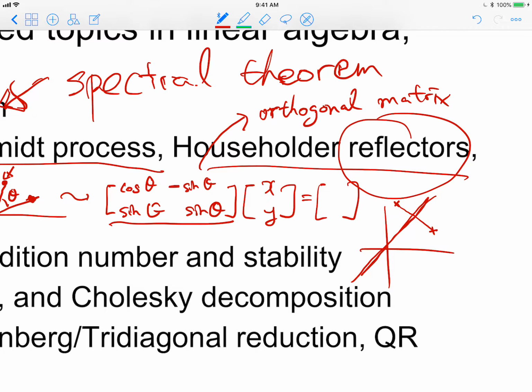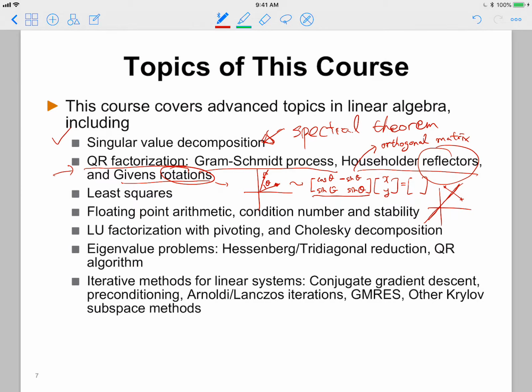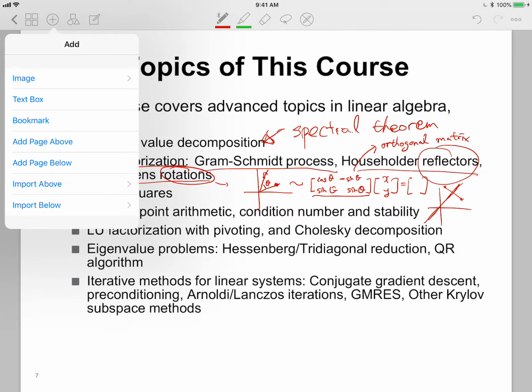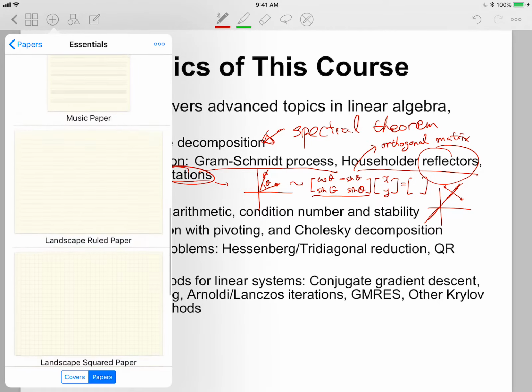What's the definition of this orthogonal matrix? All of the rows are orthogonal. And I mean, yeah, that's one of the necessary conditions, but not yet a sufficient condition. So, first of all,